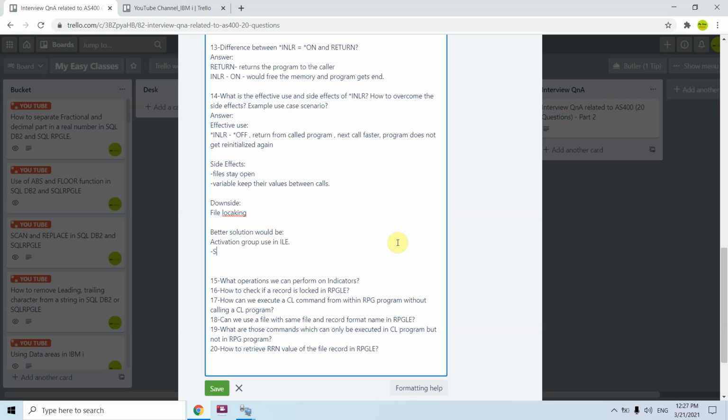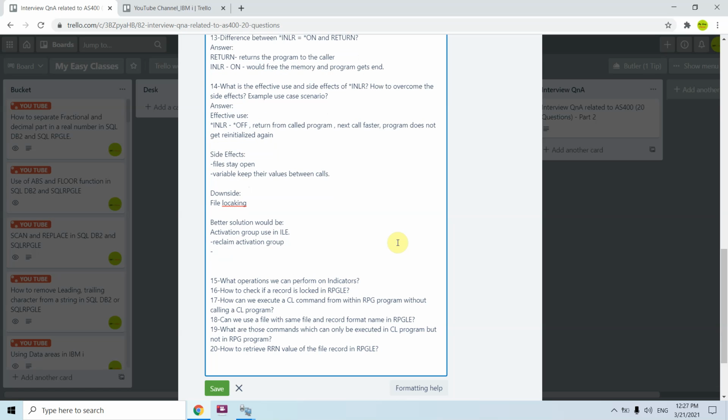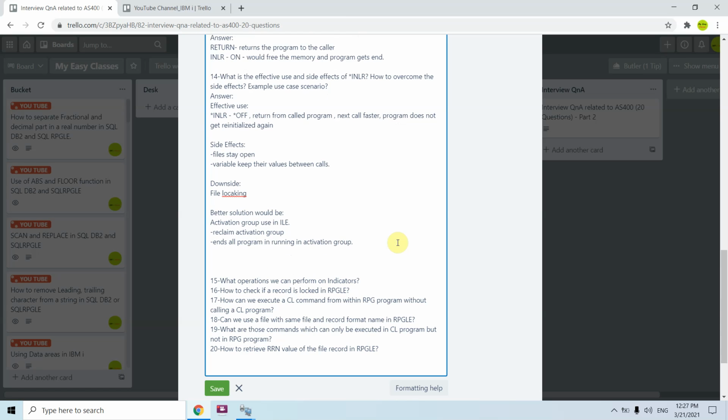Shut down or reclaim, you can say reclaim activation group, ends all programs running in the activation group. All files get closed.